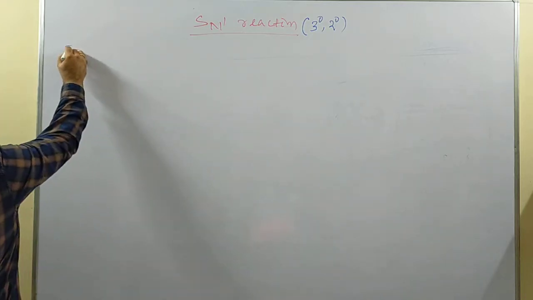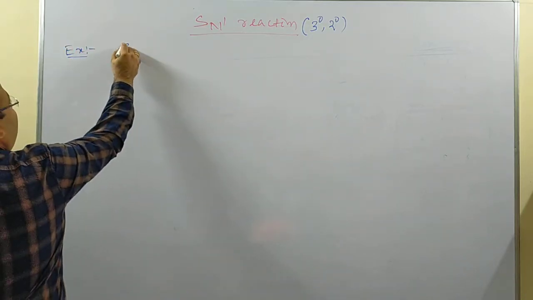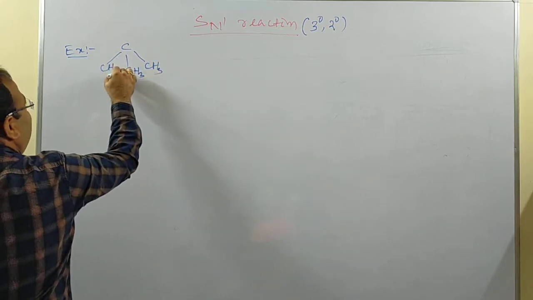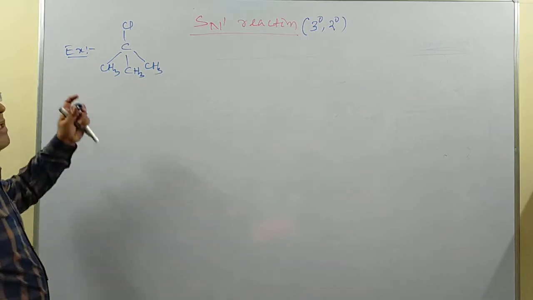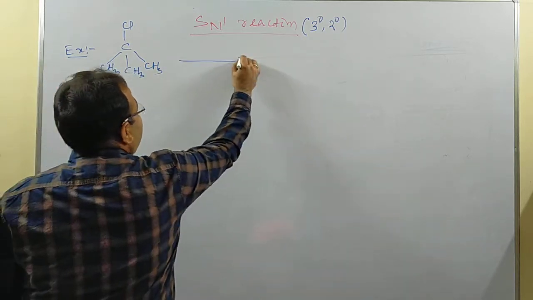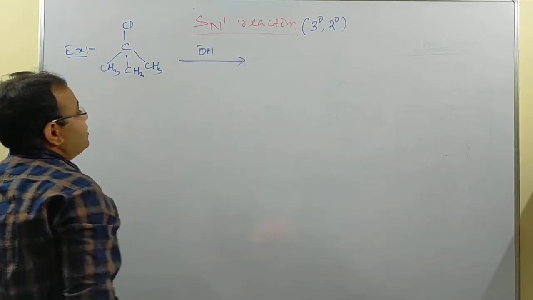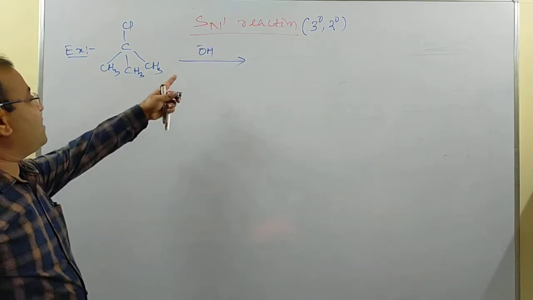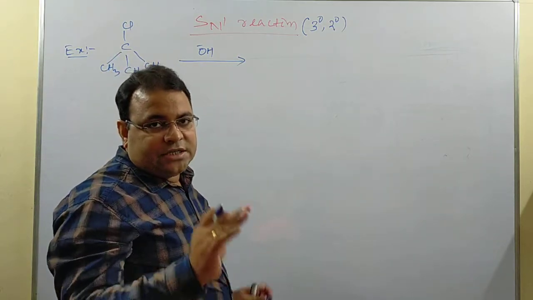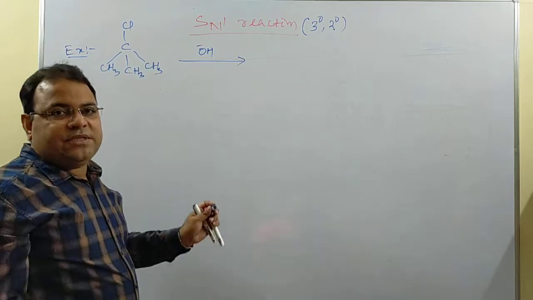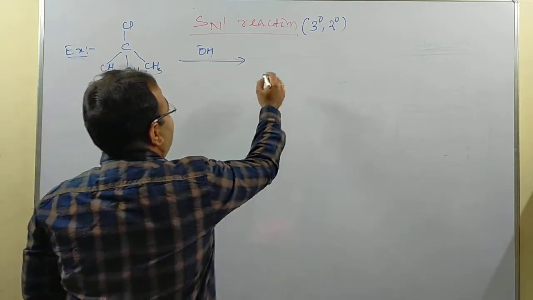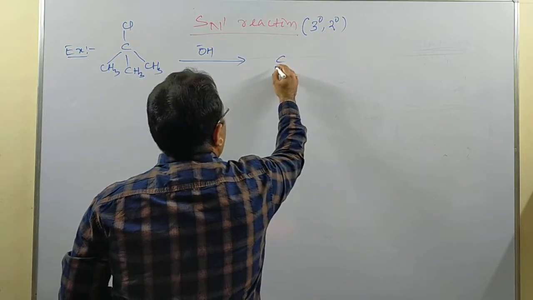So now I am writing the example over here. I have written CH3 here, CH3 here, and this chlorine. This is tertiary butyl chloride. The common name is tertiary butyl chloride. So if I give this nucleophile to this, definitely this OH minus will replace this Cl minus, because it has more basic strength. It's a stronger nucleophile or stronger basic nucleophile. So it will remove this Cl, and the product will be of 2 types.